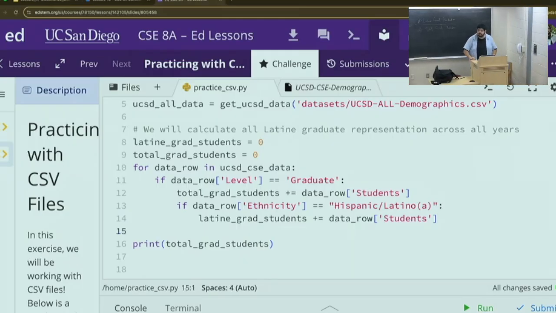are we done? No. Tyler, what should we do? Inside your print statement, here? Yeah, right there. What should I do? You should write Latin grad students divided by our total grad students. Ta-da! It's this! Exactly what we were looking for. This is what we're calculating. Okay? So we'll